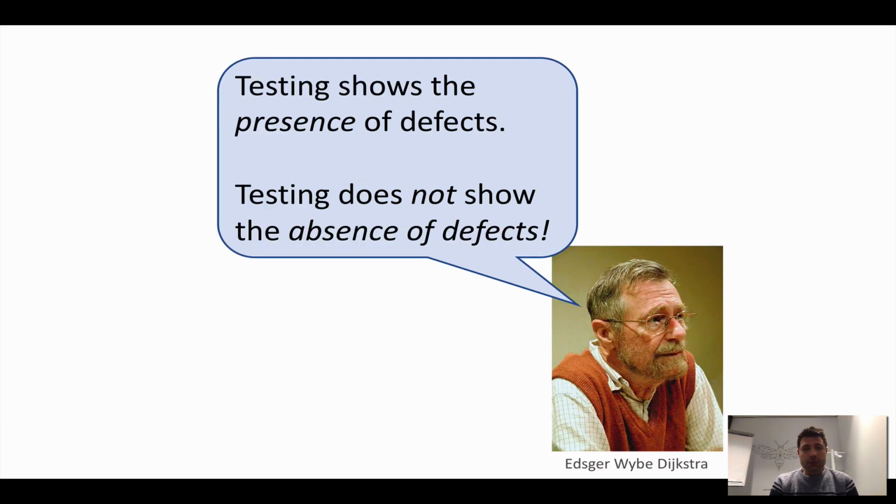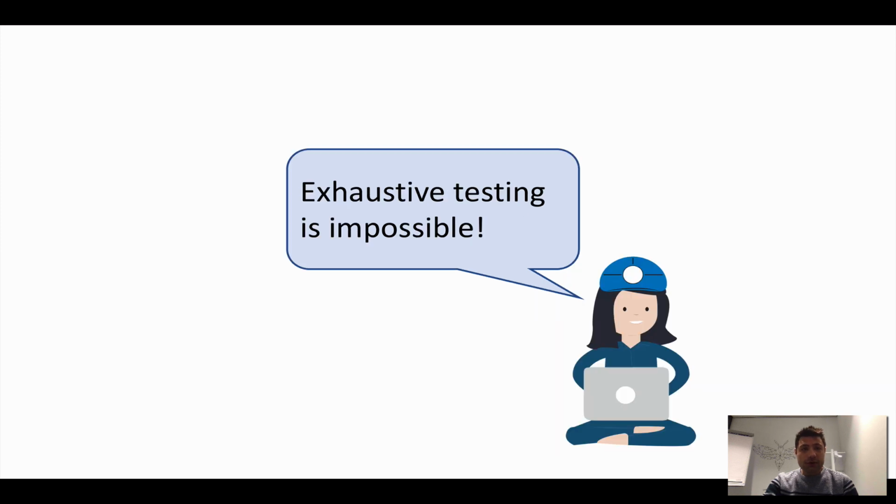The first principle we discussed is the one from Dijkstra, and he says that testing shows the presence of defects, but testing never shows the absence of defects. So in a way, if we're doing tests, the test tells us that the bugs we're trying to find are not there, but there might be bugs that we are not testing for that might still be there. This is tricky, right?